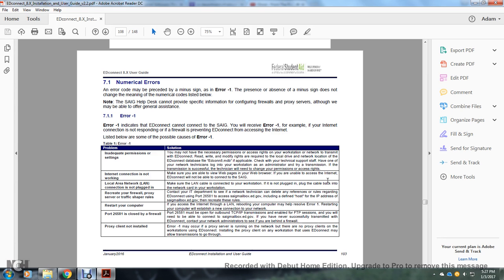If not plugged in, plug the cable back into the network card in the workstation. Recreate your firewall proxy server with the traffic shaper and connection rules. Connect to your IT department so the network technician can detail information and rules regarding the EdConnect using the port